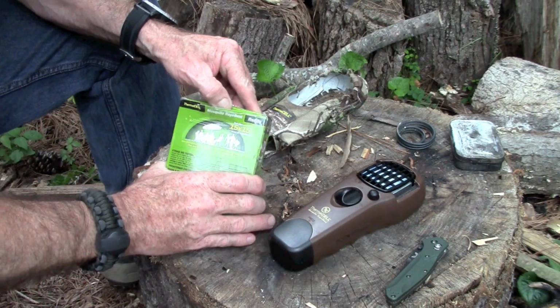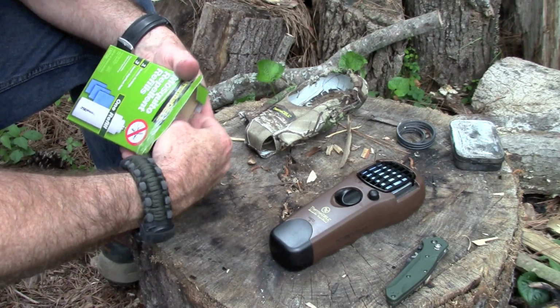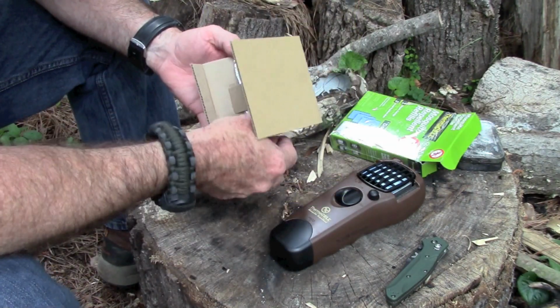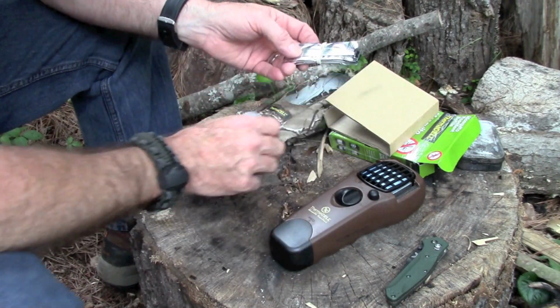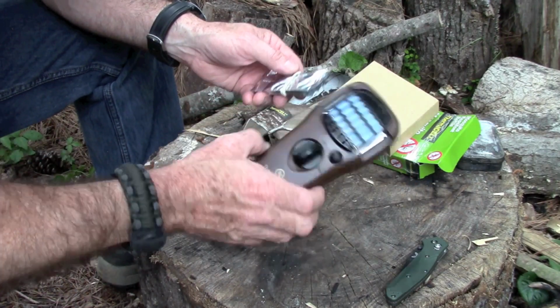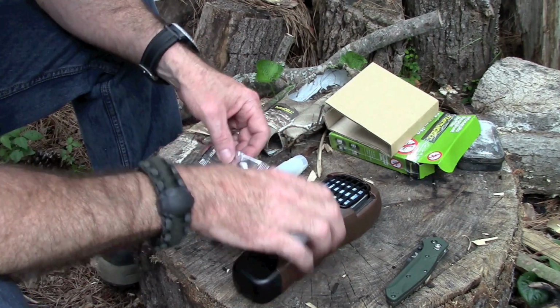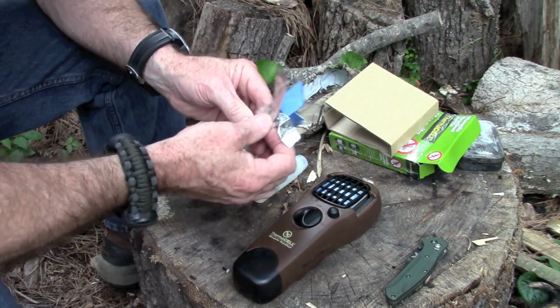So this is a refill kit. I bought this. It was like $5 or $6 for the refill. It contains 1 butane cartridge and 3 insect repellent mats. You get enough butane in here to burn through 3 mats, so to speak. I've actually got 1 mat in here now, and it's still a little bit blue, but for the sake of effectiveness, I'm going to go ahead and change it, because I want as much mosquito repellent as I can